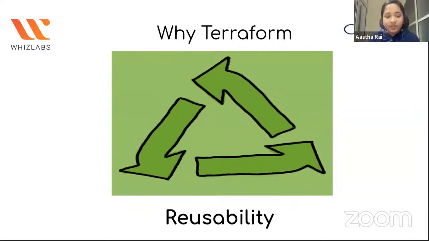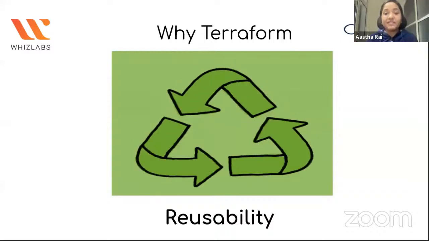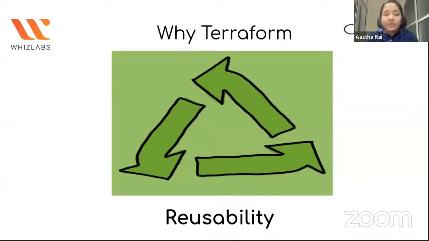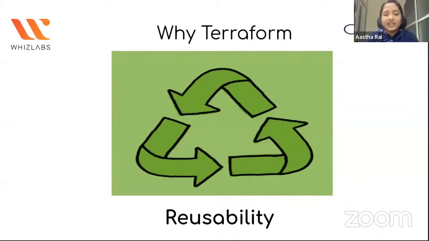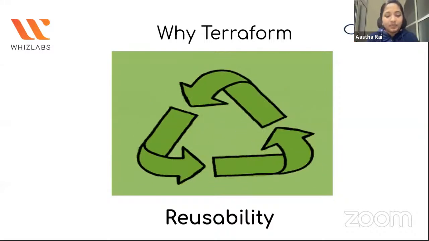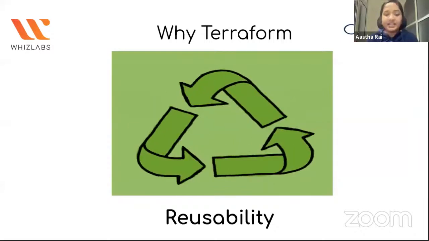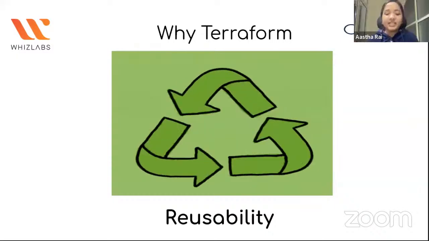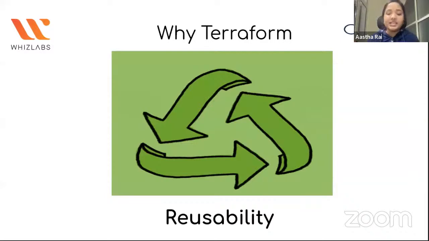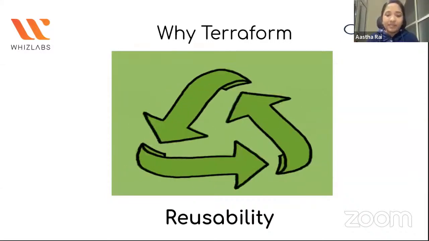Also, we have the Terraform registry, where you can find all the modules which have already been written for you, and you can search there and use them as well. This enhances your capability to think of something new and bring up something new, rather than working in the same circle which has been going around in your company for a long time. Moving on to the next, which is